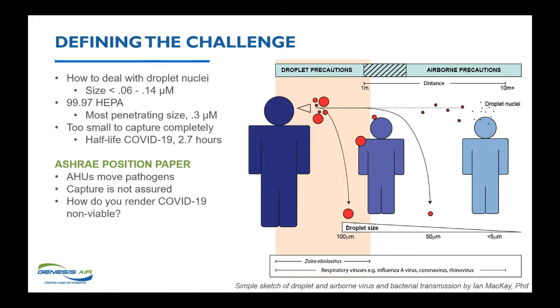describe that as yet, but the New England Journal of Medicine reported in May of this year that COVID-19 has a half-life. In other words, it can live in the air for up to 2.7 hours. And the other scary thing is this particular disease is asymptomatic. You can have it and spread it and not know that you have it. And if you do spread it, it can be in the form of droplet nuclei.